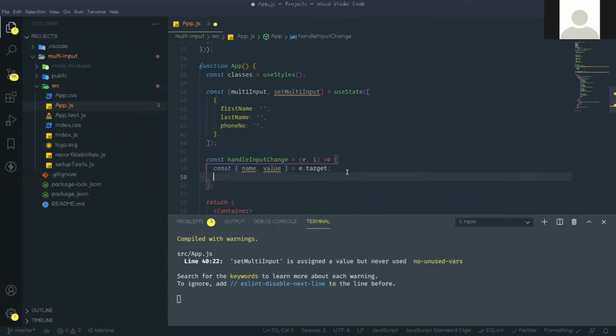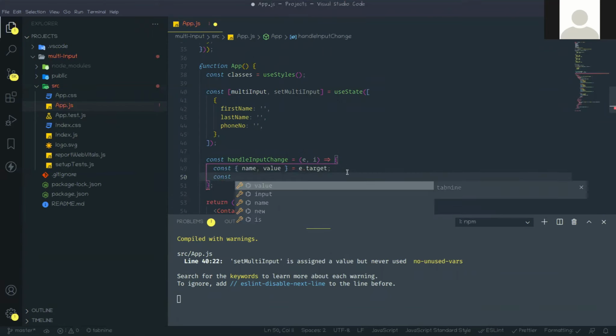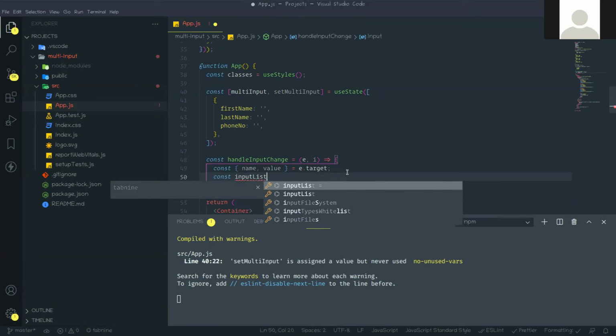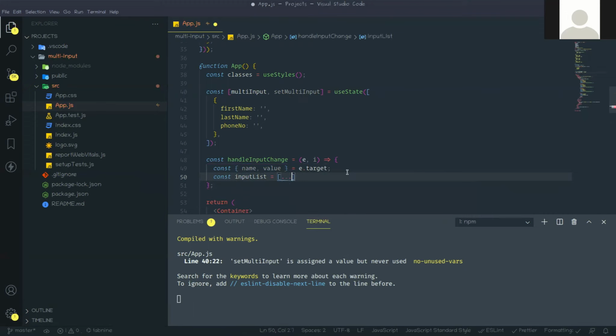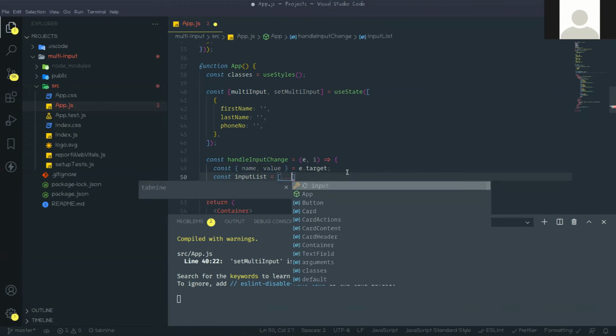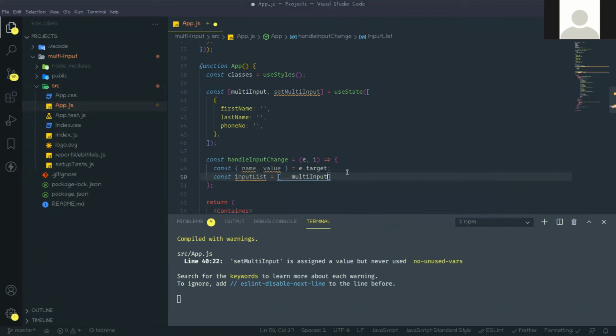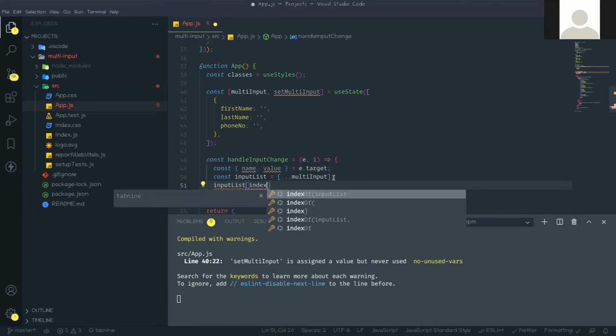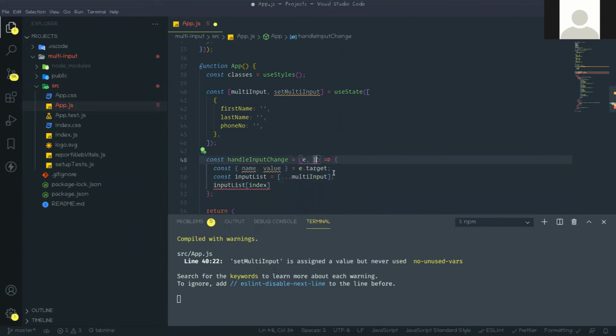And here const, and give one variable name like input list equal to, I am using the spread operator, means however many objects are there in that multi-input, just bring all those, and then I'm adding another value like input list, then index, index means i, then name, then equal to value.